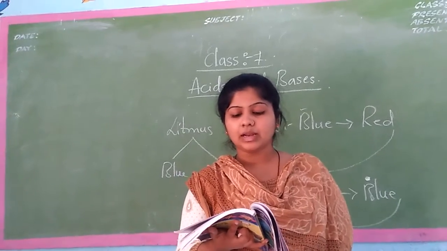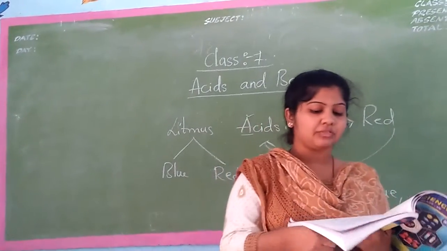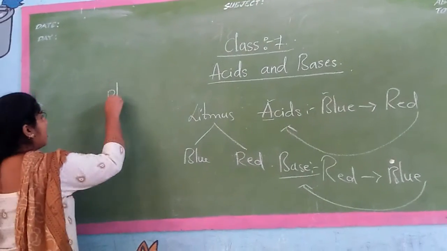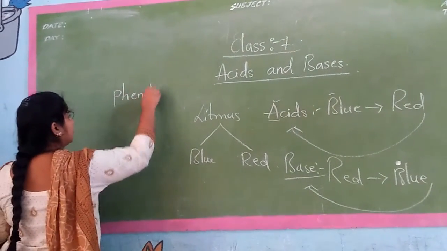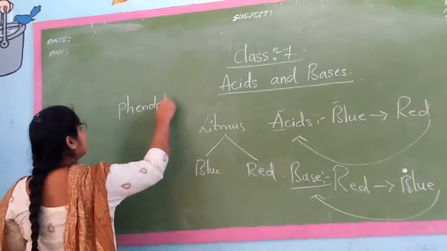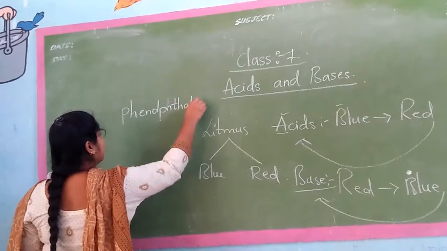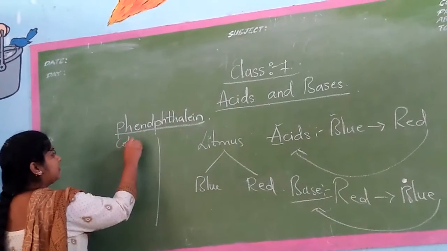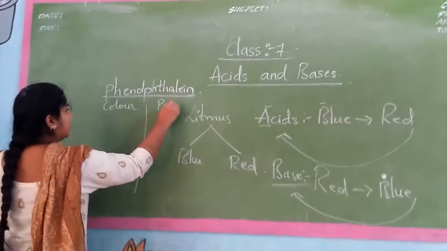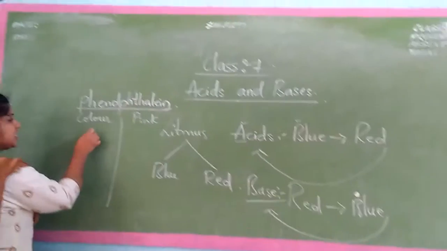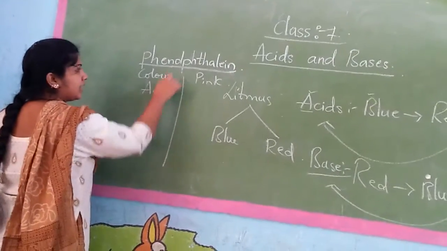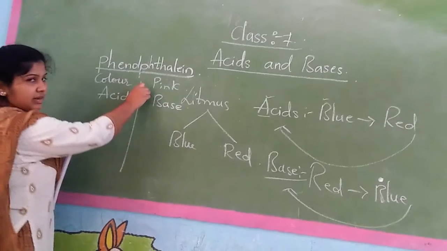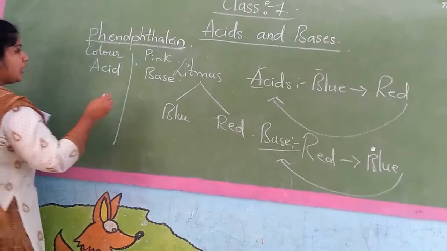Now come down to the table, Nana. Colorless phenolphthalein or methyl orange. This phenolphthalein will be having two ways. One is colorless phenolphthalein and the other changes to pink. It stays colorless when an acid is added to this phenolphthalein. It changes to pink when a base is added to this phenolphthalein. Okay na? Then methyl orange, what?